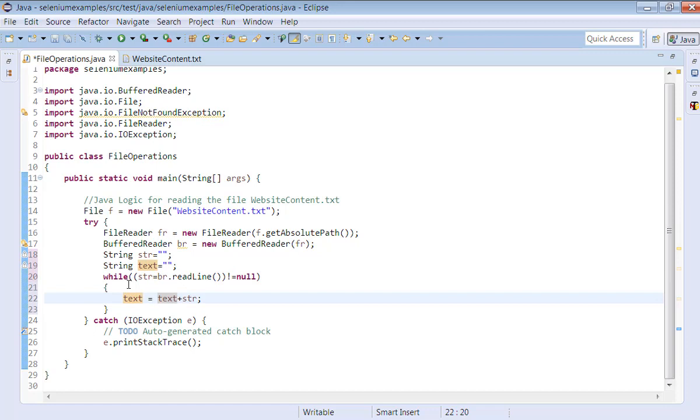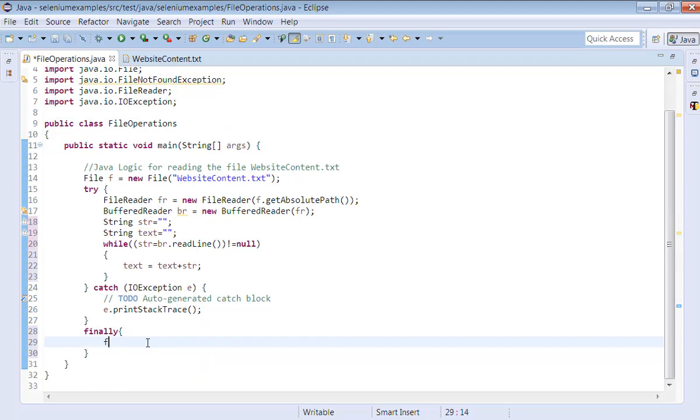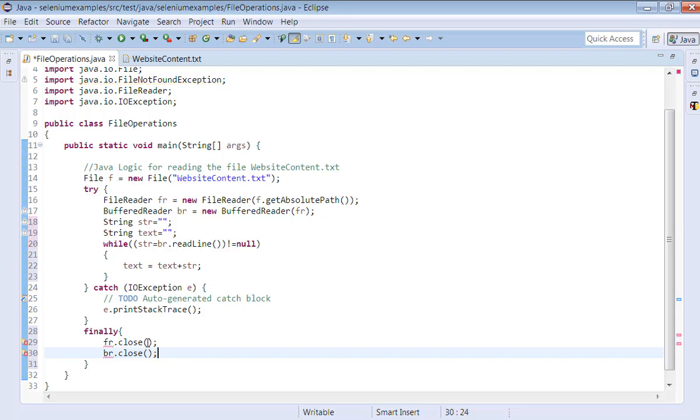Now this is done, and it is important to close the buffer reader and file reader once we complete the reading of the file. To close the resources, we always need to use finally, and in the finally we have to say fr.close, the file reader close, then br.close also we have to add here.